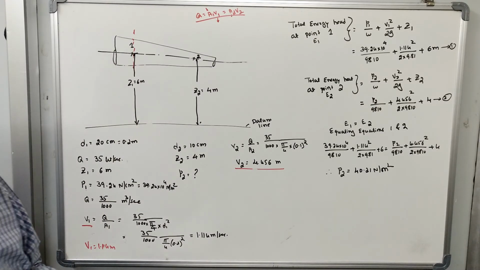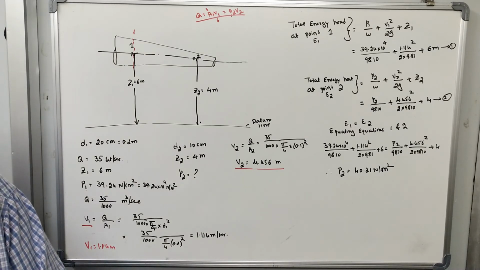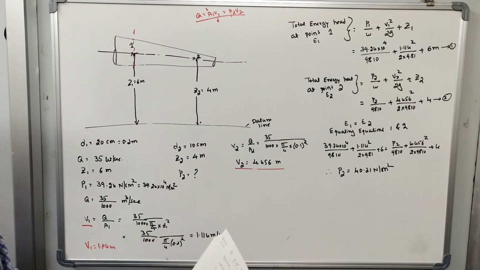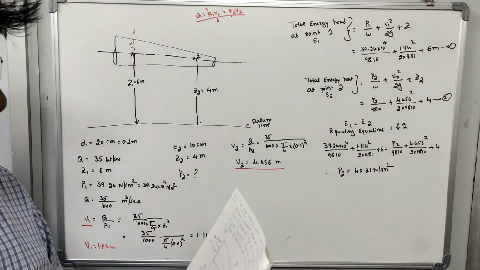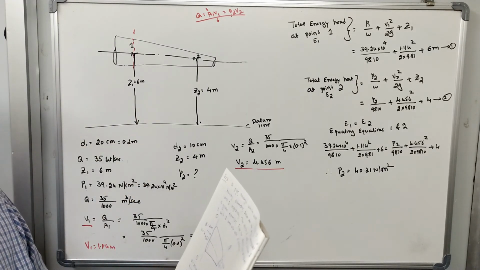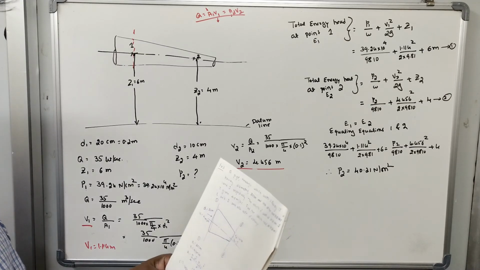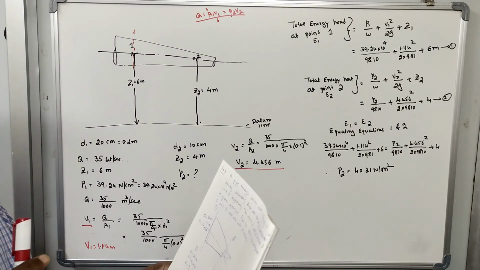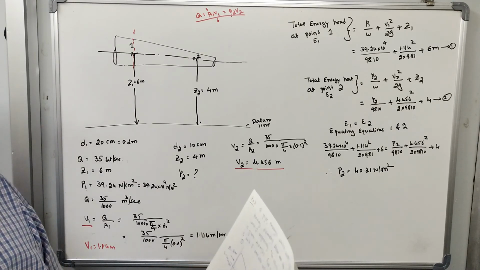Okay, so these are the two problems we are going to solve. Similarly, there are another two problems given in your notes. The next problem is similar to this, but only you have to find the discharge. A pipe through which water is flowing is having diameters 20 centimeter, 10 centimeter, at cross sections 1 and 2 respectively. The velocity of water at section 1 is given, that is 4 meter per second. Find the velocity head at section 1 and 2 and also rate of discharge.